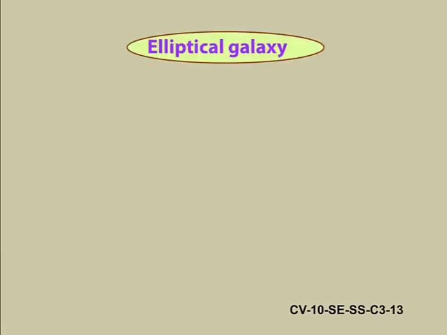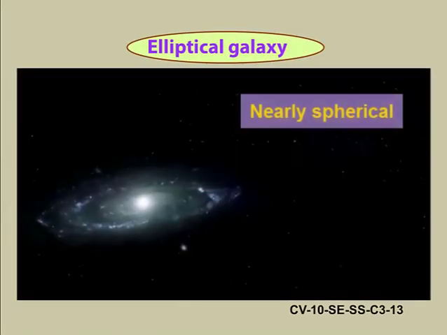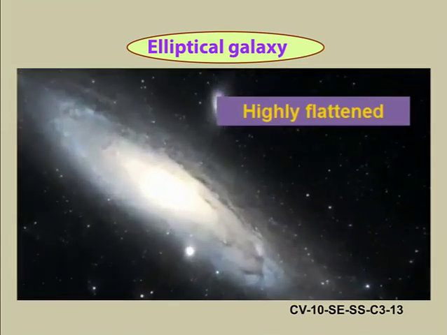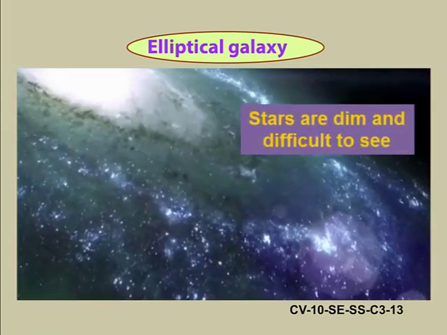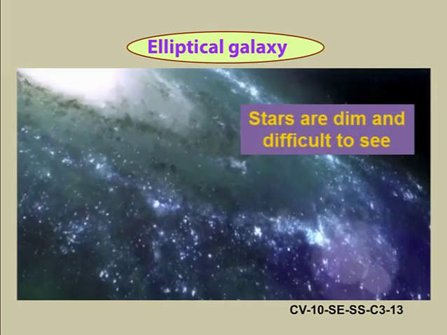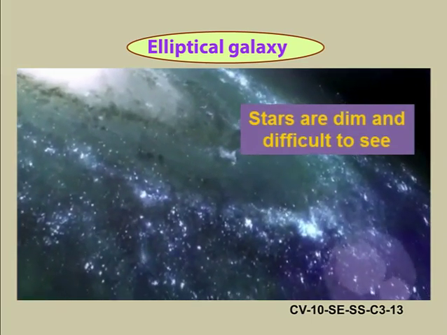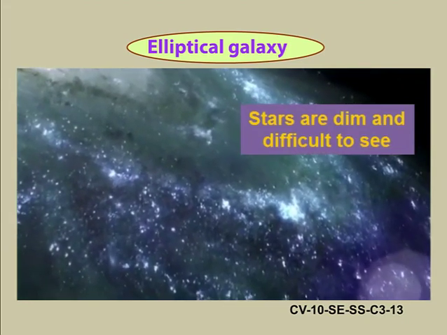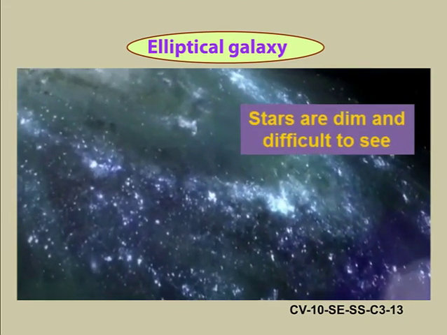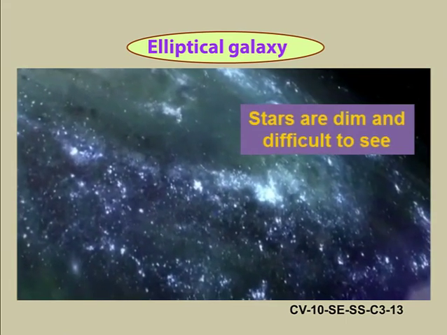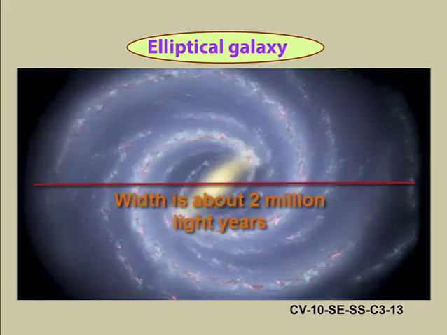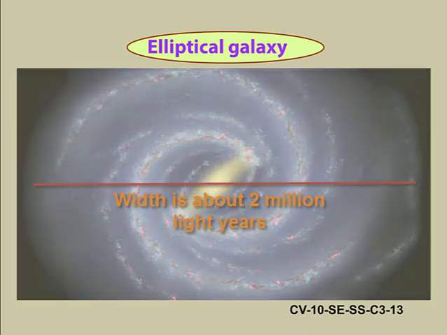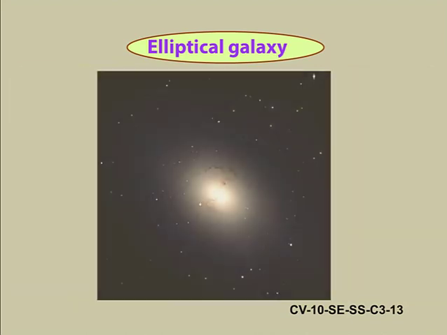Elliptical galaxies range in shape from nearly spherical to highly flattened. Most of the stars in them are relatively dim and they are more difficult to see than the other types. They contain hundreds of millions to over 1 trillion stars. The width of this galaxy is about 2 million light years. Examples are